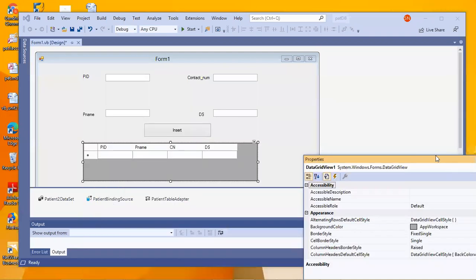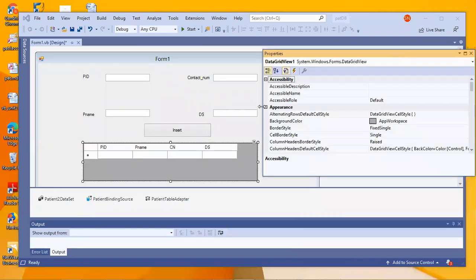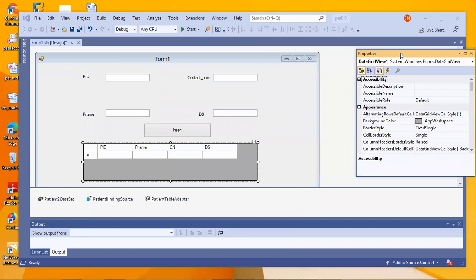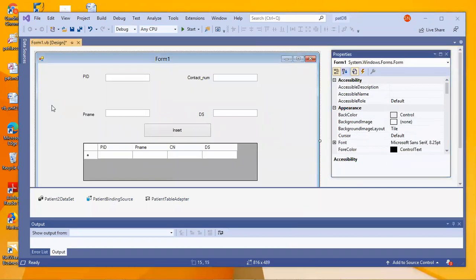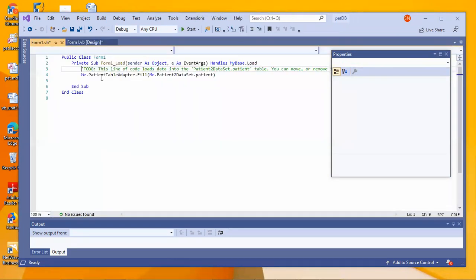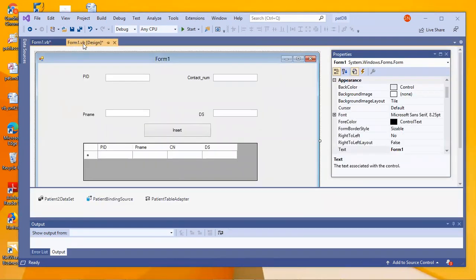For programming, I'll just copy and paste the programming because it's quite big, and I'll explain it in detail. Okay. So let me open the programming part. Now I need to program for which component?